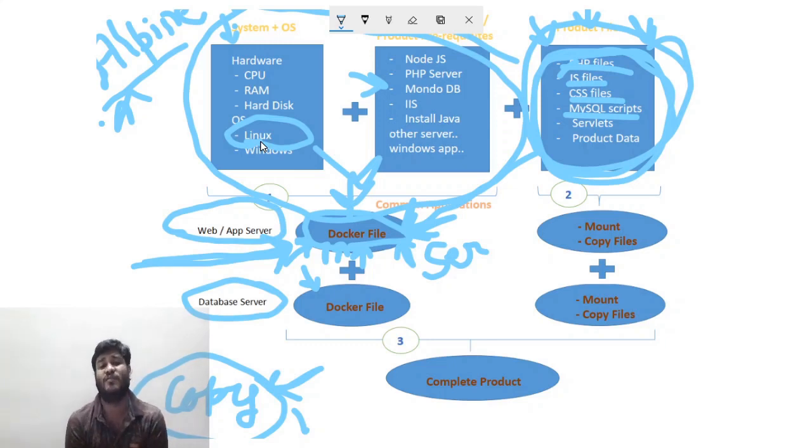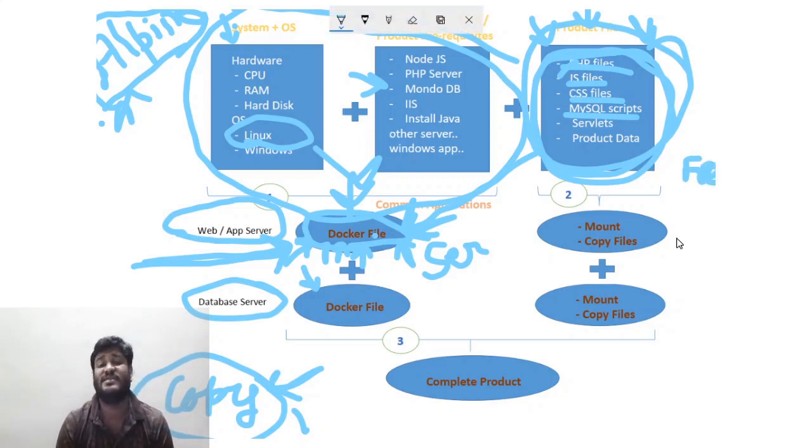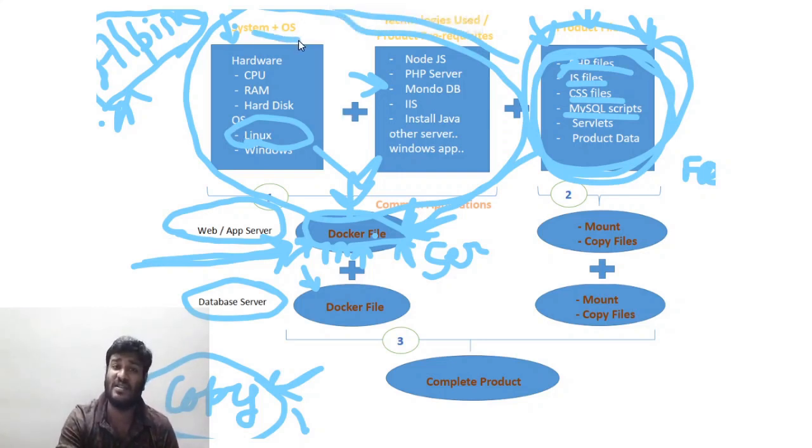Nokia.com, what is the use of attaching a hard drive or a USB if we are running a Nokia.com server, right? So all of these things are removed from this version of Linux, which is Alpine, and that's why it becomes very light. So whenever we write a Docker file, we say FROM Alpine. This is the command, FROM Alpine. So whenever we say FROM Alpine, the Docker file knows that the operating system to be used is Alpine,